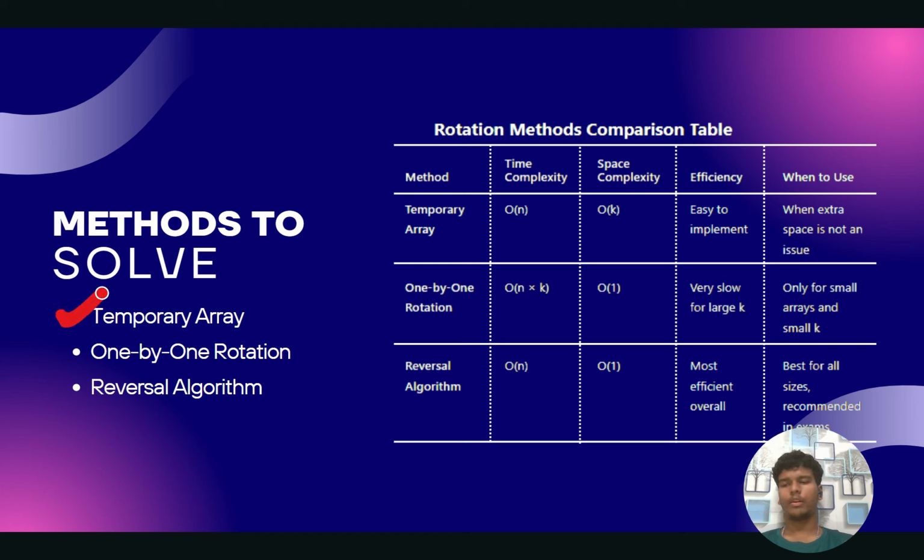There are temporary array, one by one rotation, and reversal algorithm. So let's see the comparison table. So first off, we have temporary array, which is easy to implement but needs extra space, so which is not like